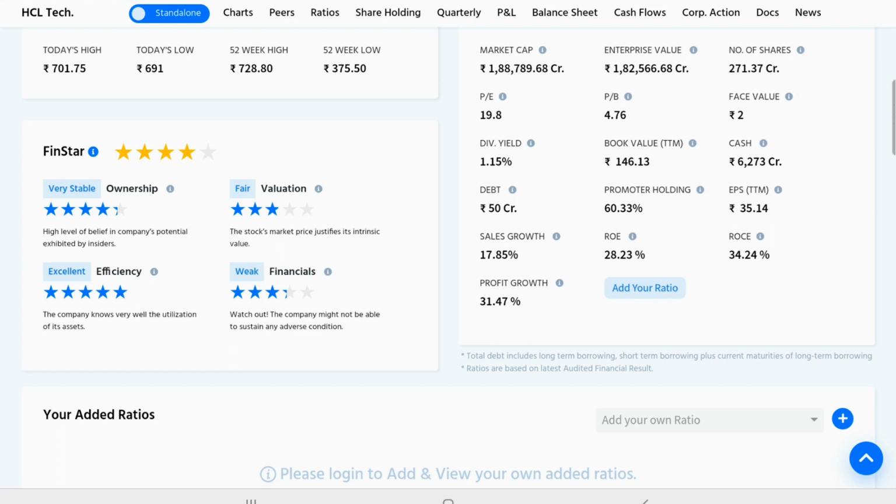So now we are seeing HCL Technologies on our screen, and you are seeing HCL Technologies having a P by E ratio of 19.8. So is this 19.8 P by E good or bad? In order to evaluate that, we usually check with its peers. As you know, HCL Technologies is an IT company, so usually we will be checking with the corresponding peers like Infosys, TCS, Tech Mahindra, L&T Infotech, whatever the companies, those peers we will be checking. What are those P by E ratios? Whether those are trading at higher prices or this is trading at a lower price. Anything might be possible, so let us deep dive into that.